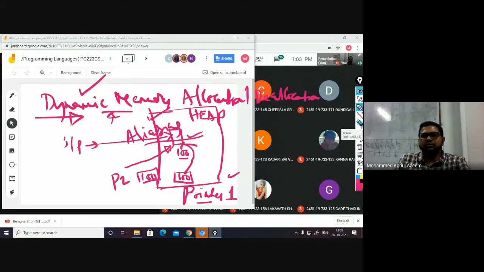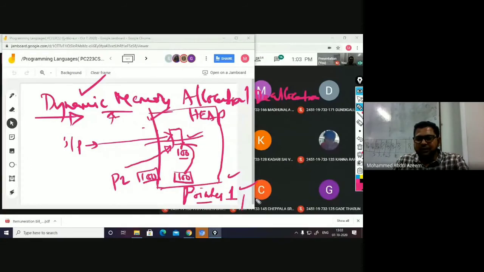He is the owner of this particular memory. And when pointer 2 has owned this memory by knowing the address, he must be thinking that he is the owner of this particular memory. It means both of them can access this memory, right? Let us say pointer 1 is accessing before pointer 2, then pointer 2 cannot access it, right? And let us say pointer 2 is accessing this memory before pointer 1, then pointer 1 cannot access, right? So pointer 1 will be left a dummy, or I can say this pointer is a dangling pointer.